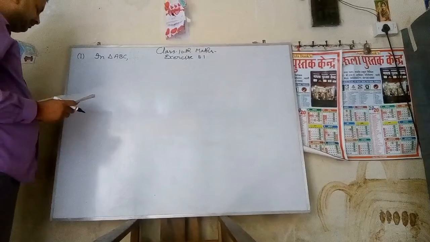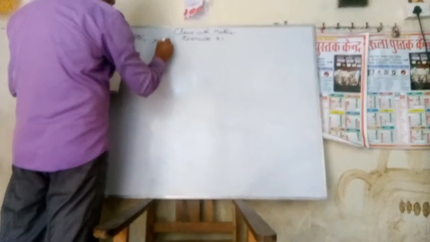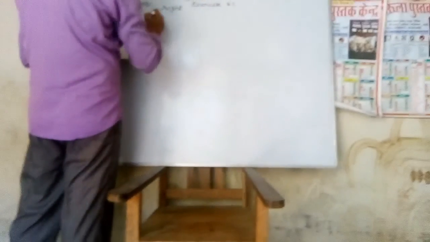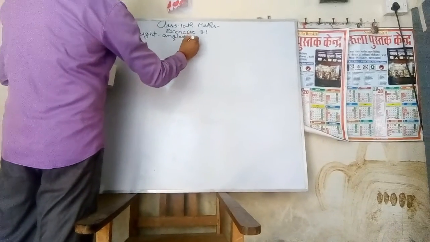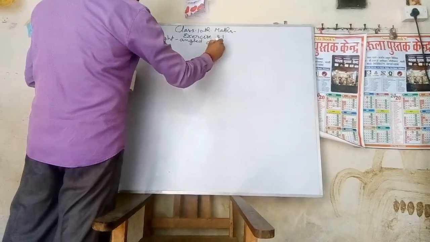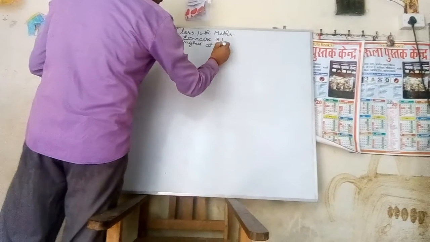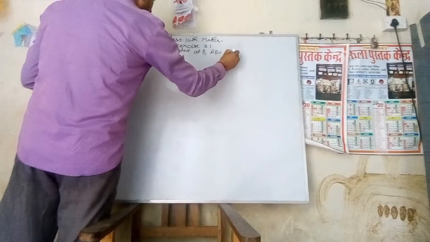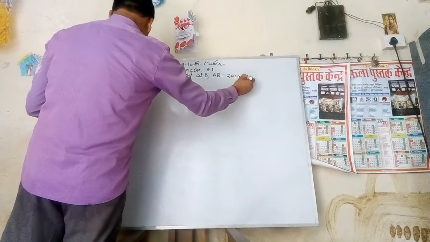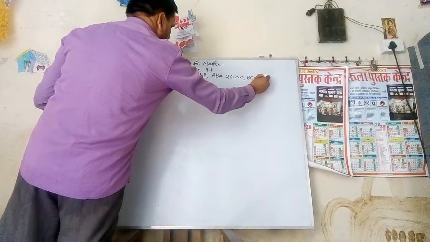In triangle ABC, a right angled at B, AB equal to 24 centimeter, BC equal to 7 centimeter,